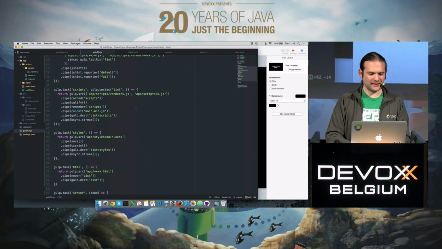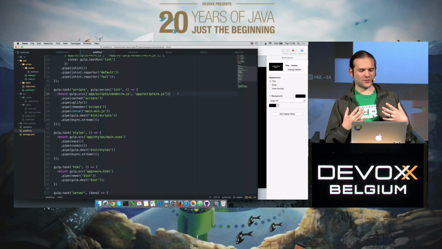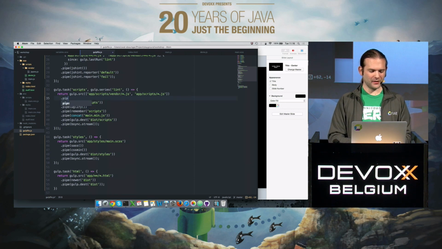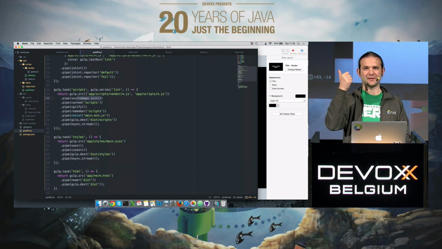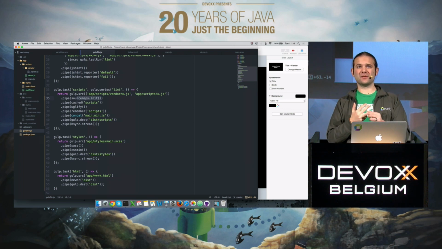So, let's do the scripts. Source maps is a rather easy plugin to use. The first thing that you do is run all your files and initialize source maps. So with source maps.init, the virtual file object I was talking about earlier on gets another property, the map. So instead of having just the contents, the name, and the path, it has another property where it stores all